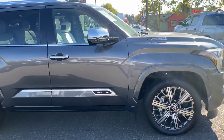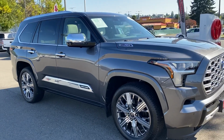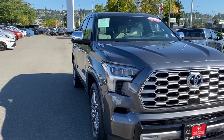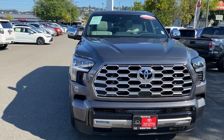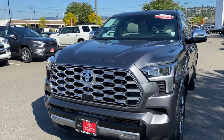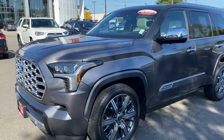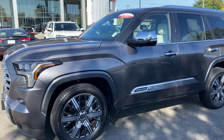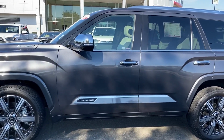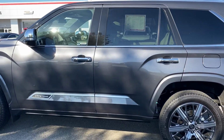And if you're looking to get into a Sequoia for winter time, have it by the winter, which is really important because, look, if you're up here in the Pacific Northwest, we just went through a whole week of downpouring rain. Fall's definitely here, and winter's right around the corner. So black ice in the morning, going up to the ski slopes, going up to the mountains, this thing will do it all. And in the summertime, when you're ready to put the boat back in the water, hey, this thing will tow whatever you need to tow. Whether it's a small travel trailer, a boat, utility trailer, whatever it is,